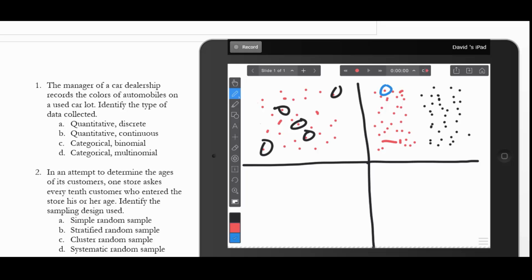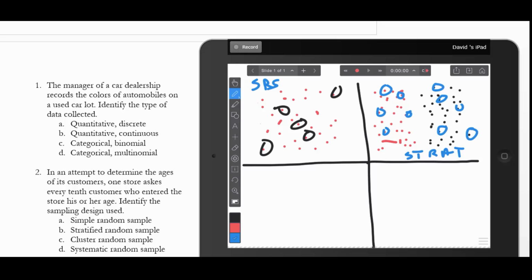So now we're going to get 5 from this one and 5 from this one. So we have basically two populations in this case. Like I said, it could be male and female or whatever, and get a random sample from each group. So that's stratified. So that's simple random sample, stratified,